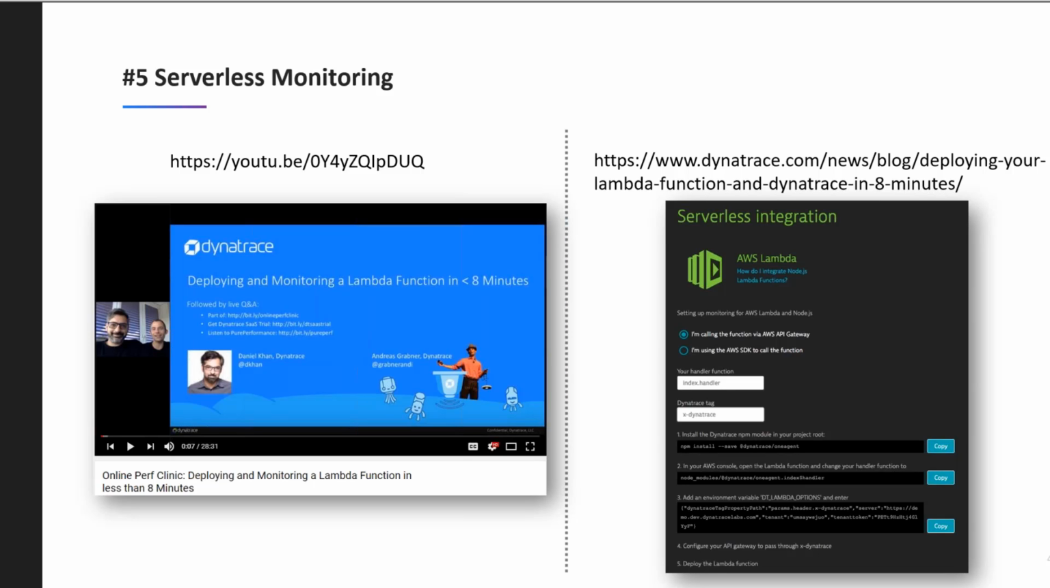Serverless monitoring. I know we have a lot of people moving over to serverless again. I have a YouTube video with Daniel Kahn. He's leading the innovation here in Dynatrace, and not only within Dynatrace, but also within the serverless community worldwide. And I put him to a challenge to show me how to deploy and monitor a Lambda function in faster than 8 minutes, because he wrote a blog post about it. So check out this video, follow his instructions on the blog post that has a similar name, and just instrument